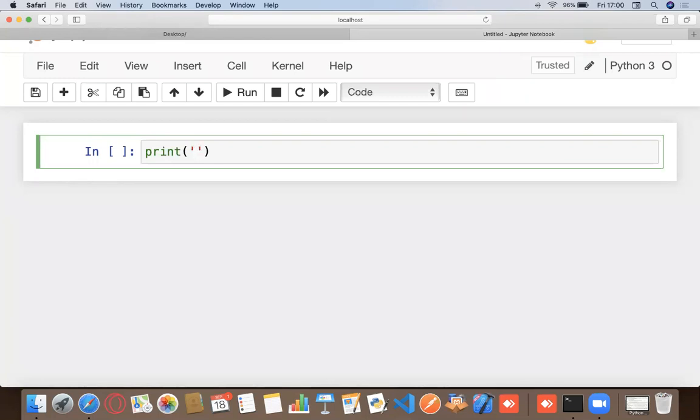So all you could do with the print statement is print something onto your console or onto your screen. My first question is, what if I want to print something to the screen with a single quote in it? Any suggestions from you guys using the print function? You can let me know directly in the comments, or we'll figure it out together.